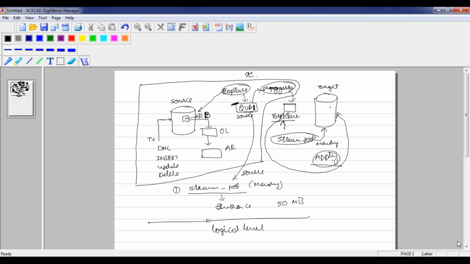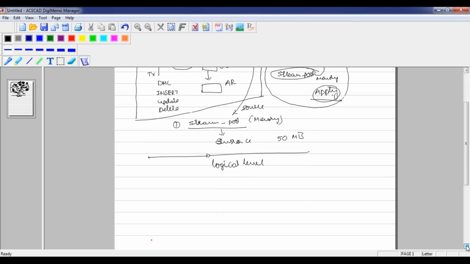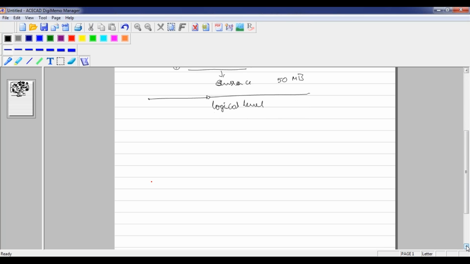The second point is, we can synchronize data at a table level, schema level, or database level. The third point is, as I mentioned, there is no cost, no license. And one more important point here is that the entire configuration, whatever I mentioned so far,